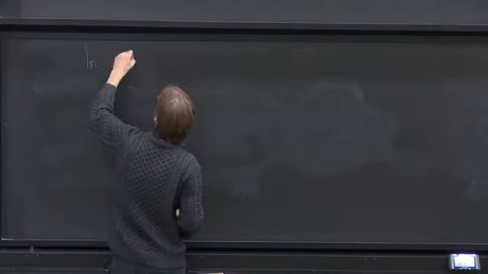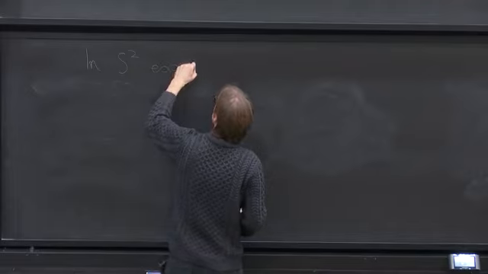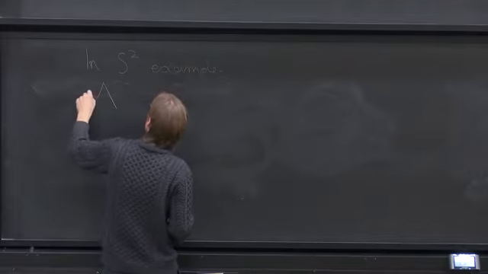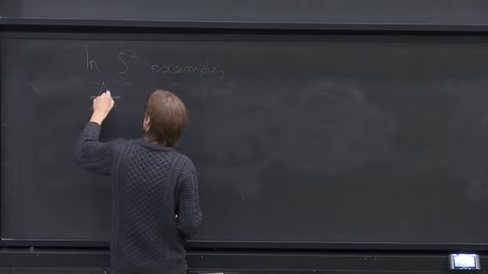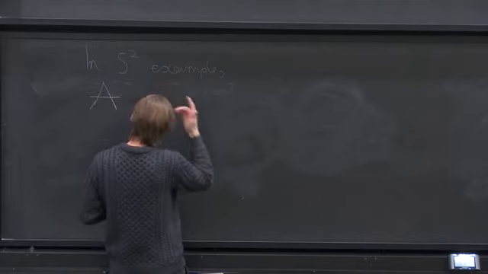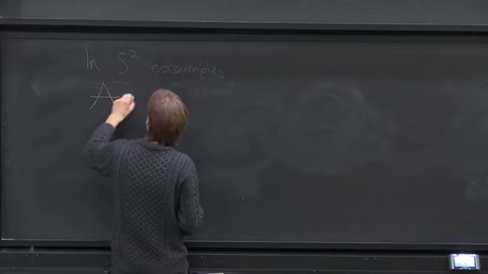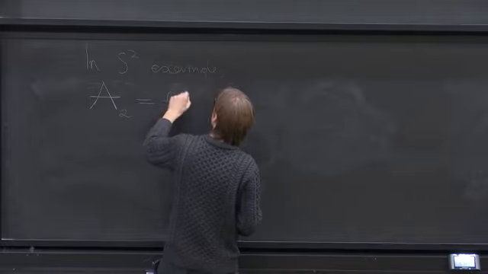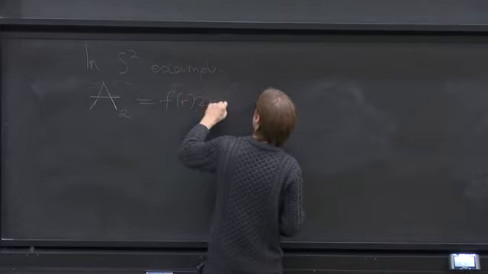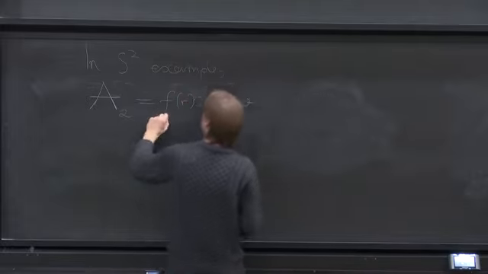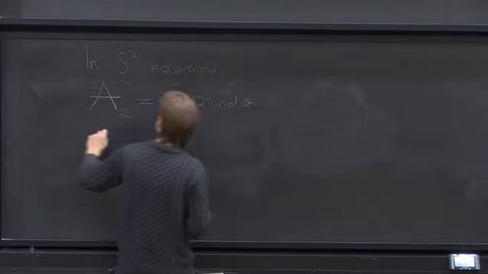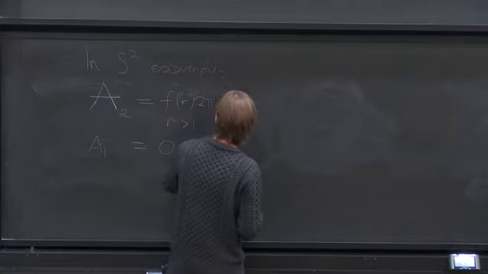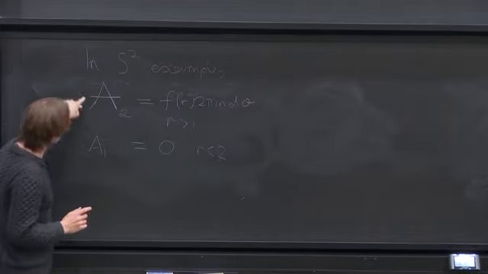So in the S2 example, A2 is on the patch f of r, 2 pi i n d theta for r bigger than 1, and A1 is equal to just 0 on the patch r less than 2. Now, of course, these are not equal,